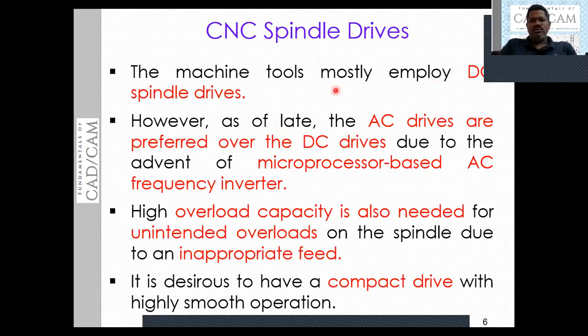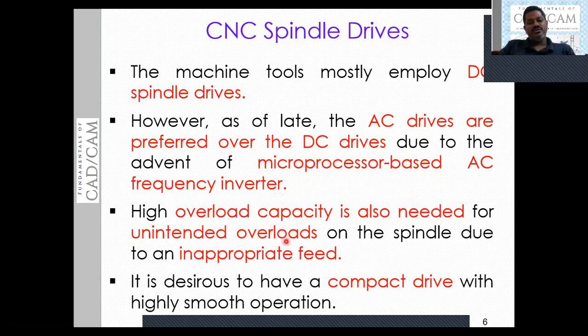Normally, in the olden days, machines employed DC spindle drives, but nowadays AC spindle drives are preferred over the DC drives because AC drives are controlled using a microprocessor based AC frequency inverter. This is the advantage. Then this spindle drive must have overload capacity to withstand the unintentionally applied loads.